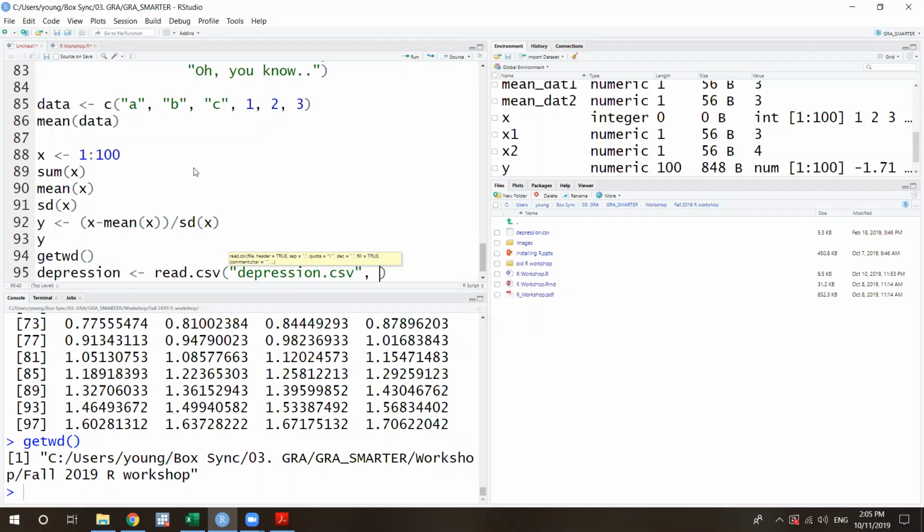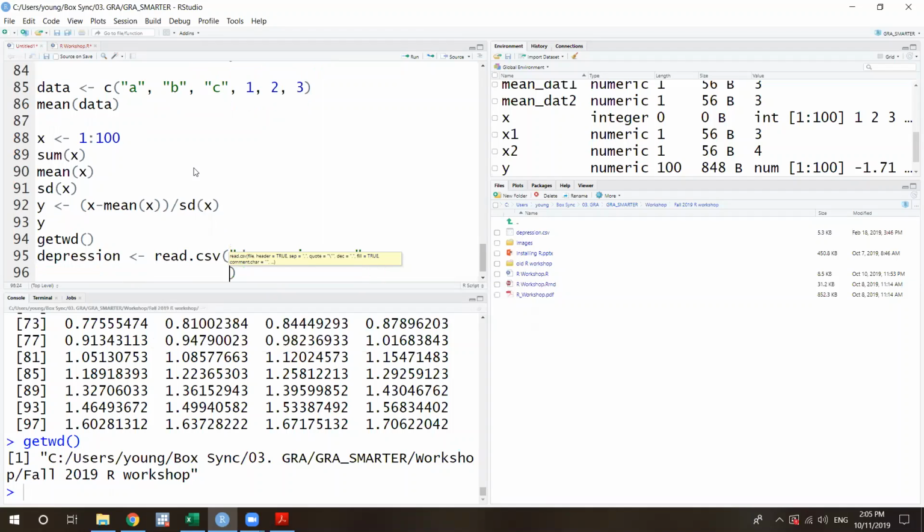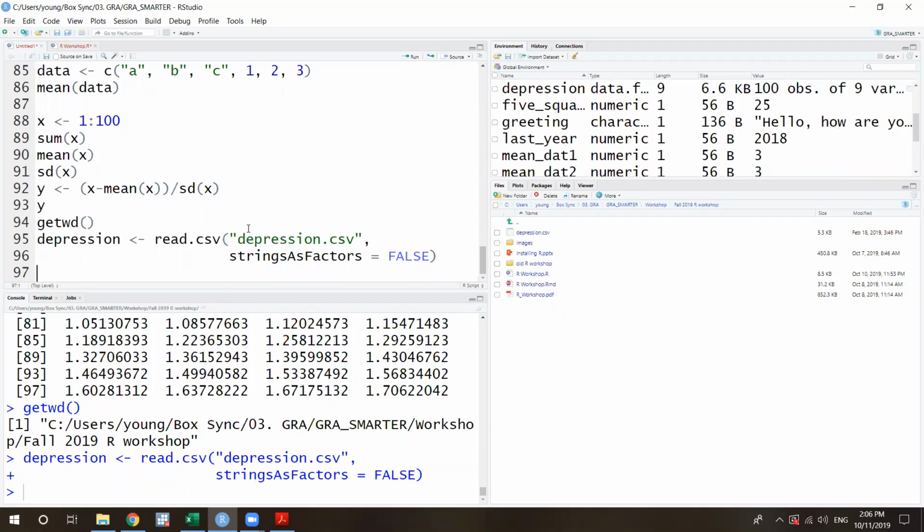And then there are some options that I want to put here, which is stringsAsFactors, it pops up. Which means whether you're gonna make all the variables a factor or not. I'm gonna put this as FALSE, because if the variable is already numeric, I just want to keep that as numeric. If that is character, I just want to keep that as character.